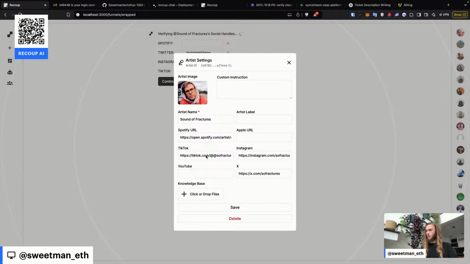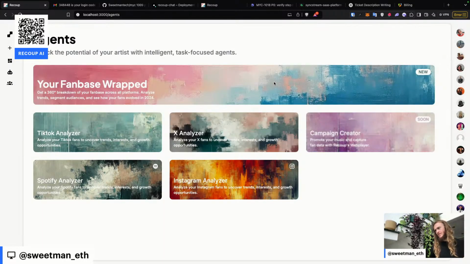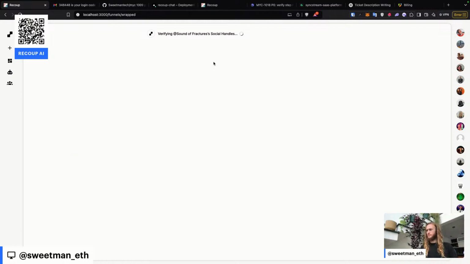Sound of Fractures has all 4 profiles filled, so I would expect for him, we're pre-filling all of those. I'm going to try changing his X to Heno. Let's save that change. And what I hope is that when we try to run Wrapped, it's going to keep the X as Heno. The X isn't even correct, but let's try it. What I'm hoping is going to happen now,